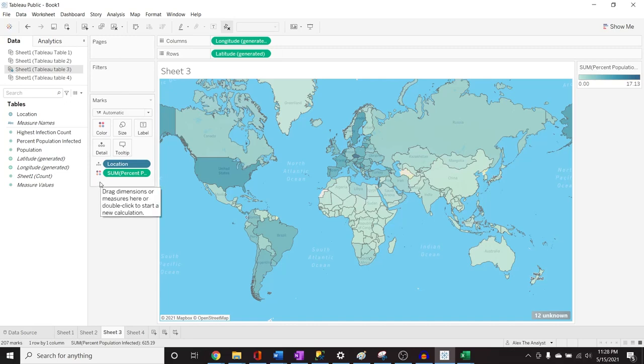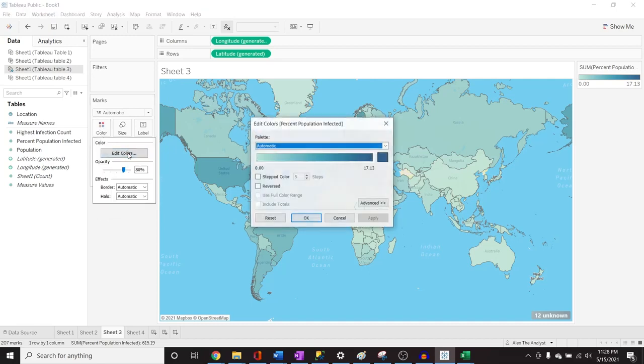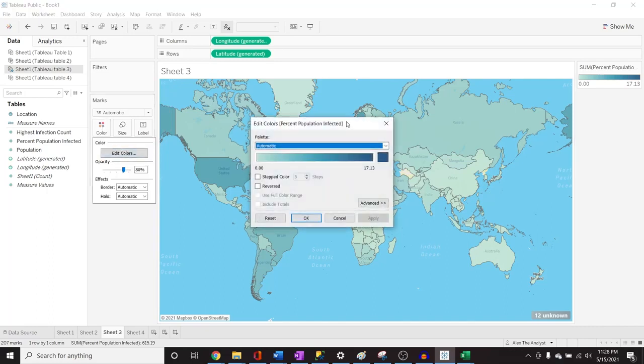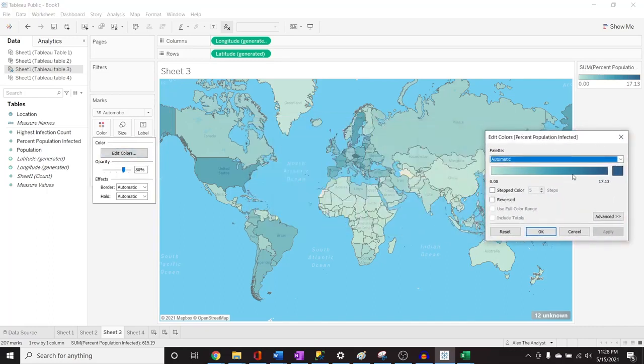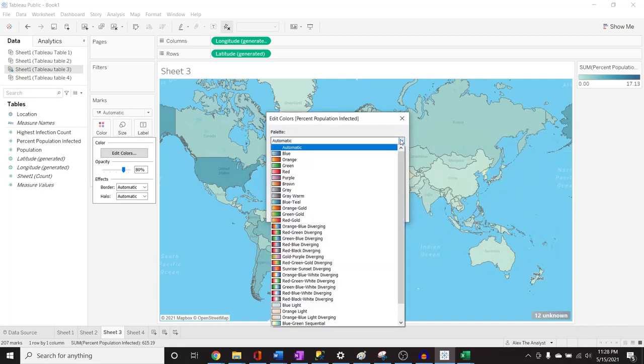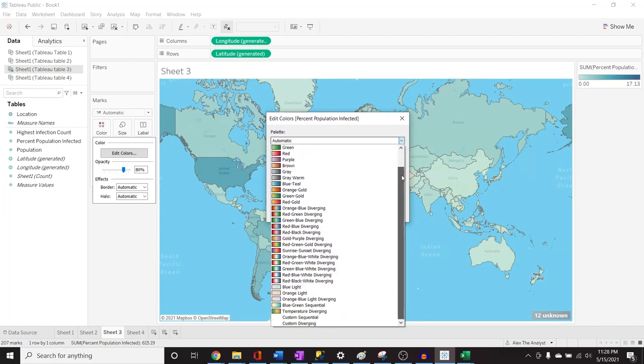Now, these colors aren't to my taste. As you can see over here, we have this legend, and we'll get to that in a second. But I personally like a little bit different colors, and we can change that by going to color, clicking on that, and going edit colors. So I don't know why I pulled it over there. Let me pull it back. It doesn't make sense. I personally like reds, oranges, for these kind of things, at least the infection rates, because